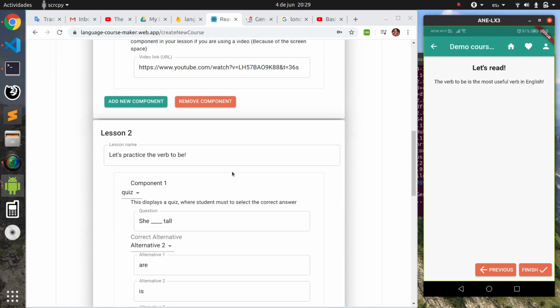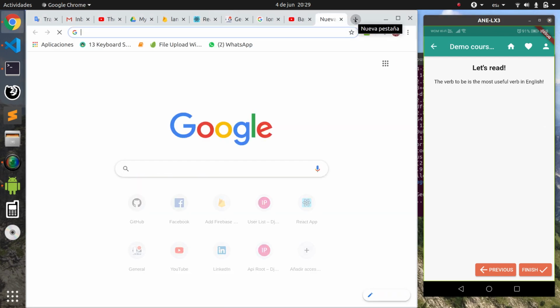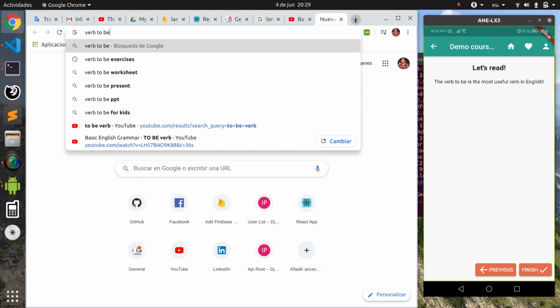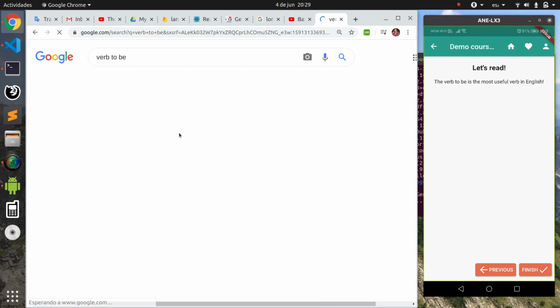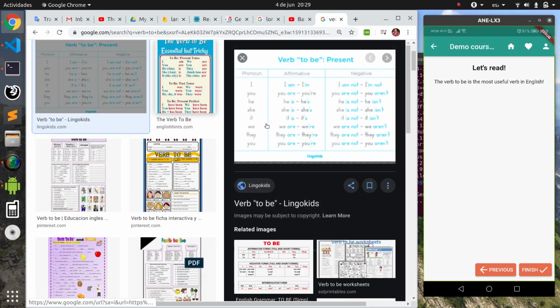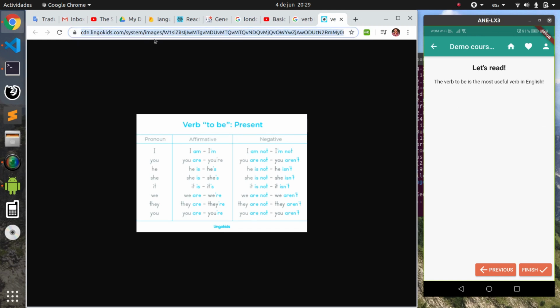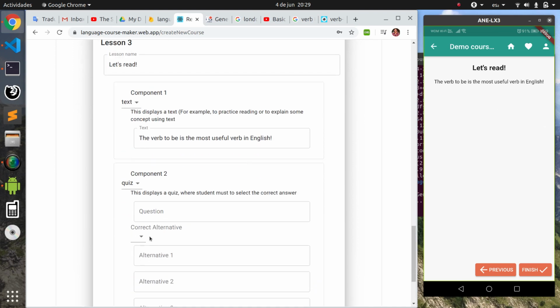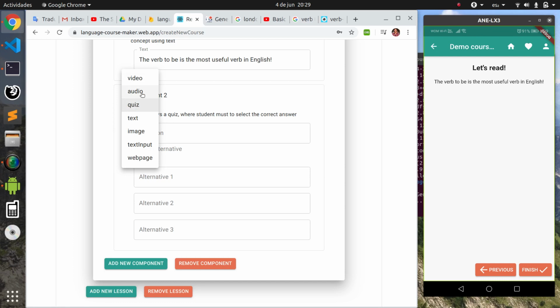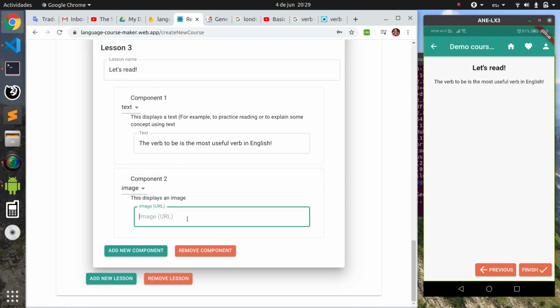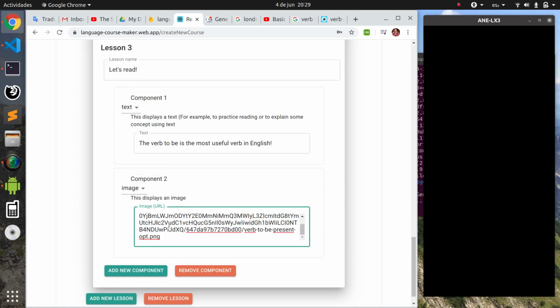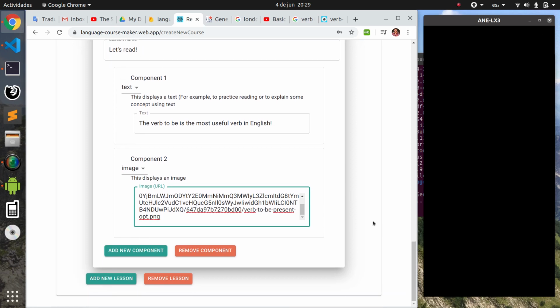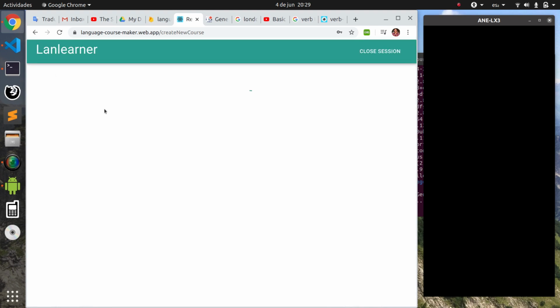So for example, now I want to add an image about the verb to be, and I want to add this image. Again I copy the link of the image, and I press here in lesson 3, and I'm going to add a new component, and I want to add an image component. Basically I just paste the image here, and that's all. So now we press on save,